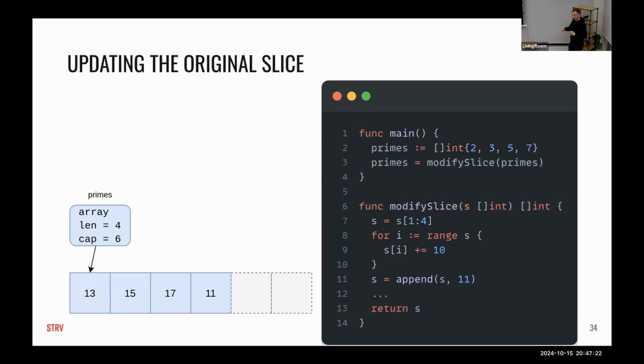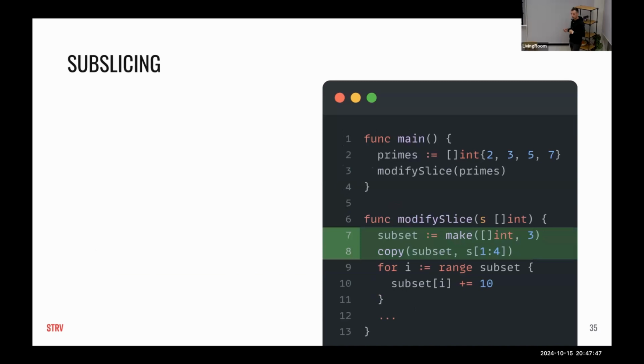With this update, all of the changes are reflected back to the original slice, and we can go along. But what if I don't want to make changes in the original slice? All of those examples were considering the fact that I am willingly updating the original slice. But if I want to decouple it from the one that was passed into the function, you need to make a